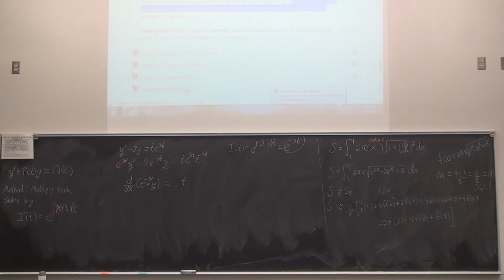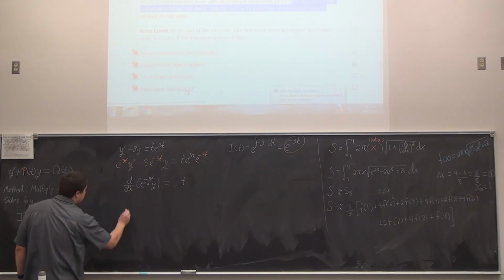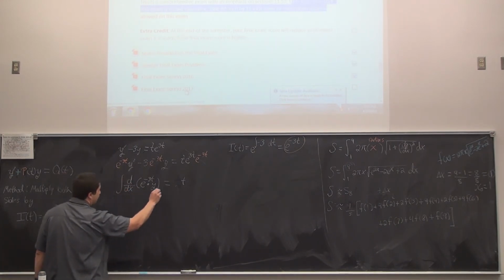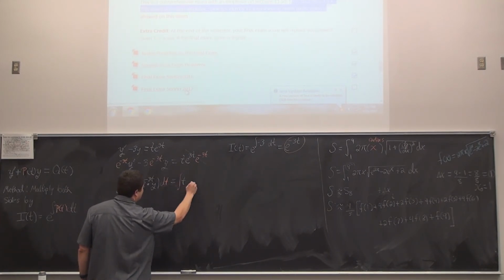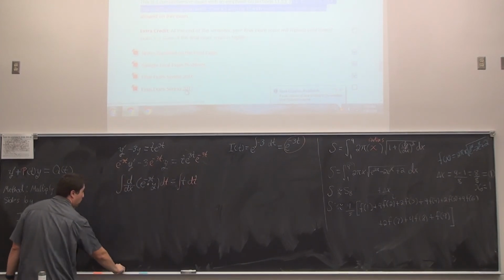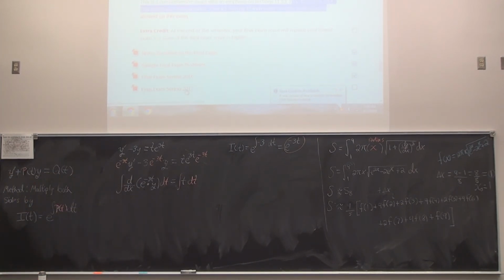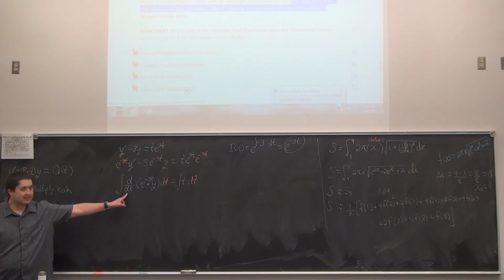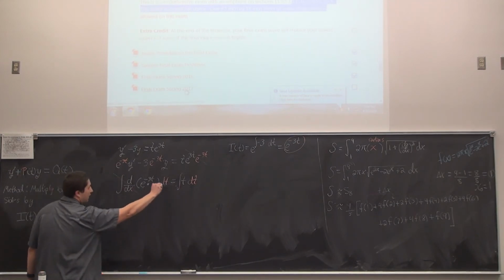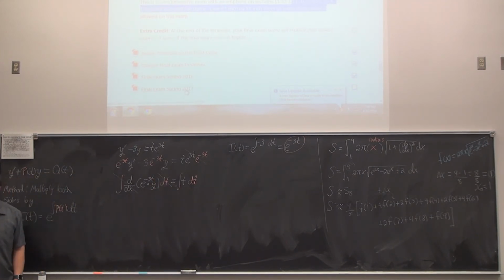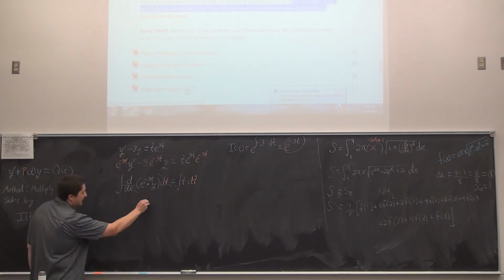Turns out the trick is, once you get to this stage, you've multiplied all sides by the integrating factor, you've undone the product rule. Very next thing to do is take the antiderivative with respect to t. So it would look like this. But now we have a nice formula right here. It says take the antiderivative of a derivative. That's a full-on cancellation. The dt is also the integrating sign, so cancel the dt if you like.